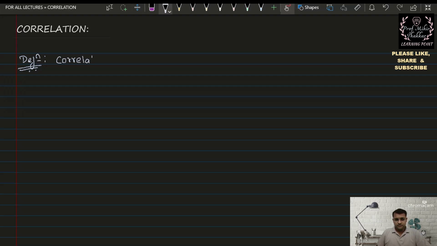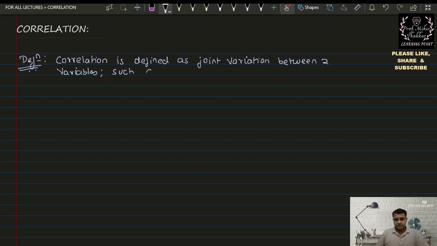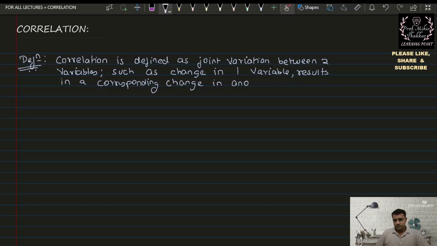Correlation is defined as joint variation between two variables, such as change in one variable results in a corresponding change in another variable. For example,